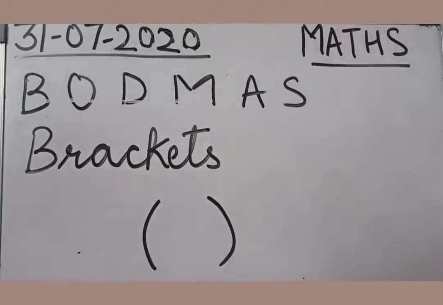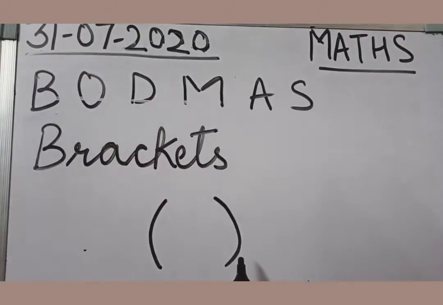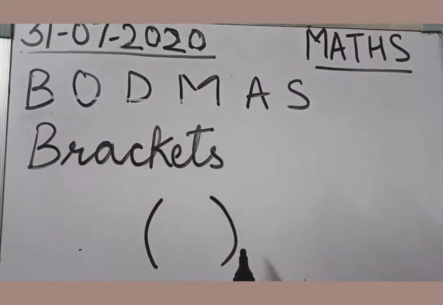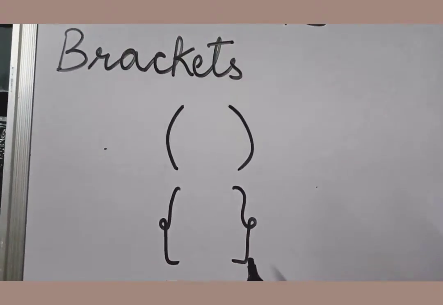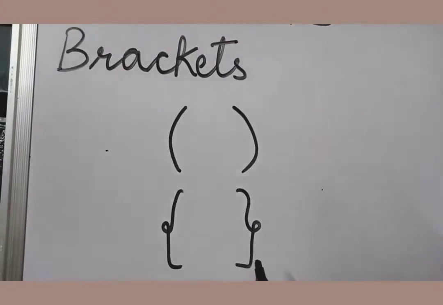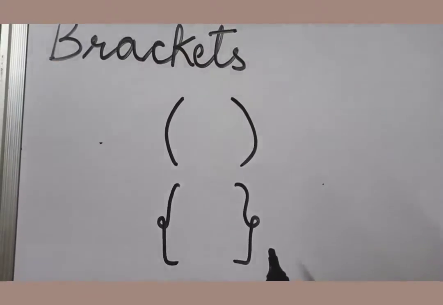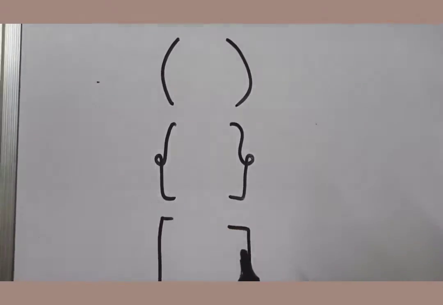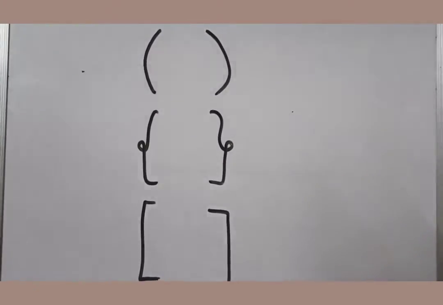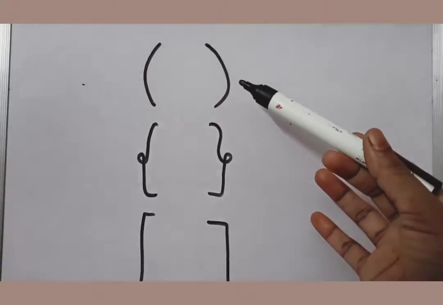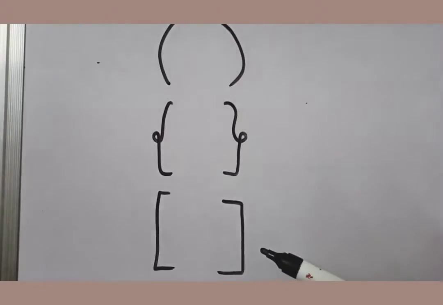Now the next thing is we will discuss the brackets. Now students, you must have seen this common type of bracket which we usually put. This is called a round bracket. And now there's another type of bracket which you can see on the keyboards as well as on the laptops also. It is double bracket or curly bracket. And the last one is a square bracket. So all are visible on the keyboards.